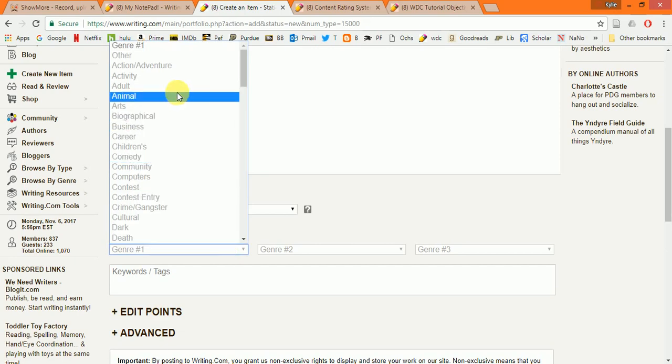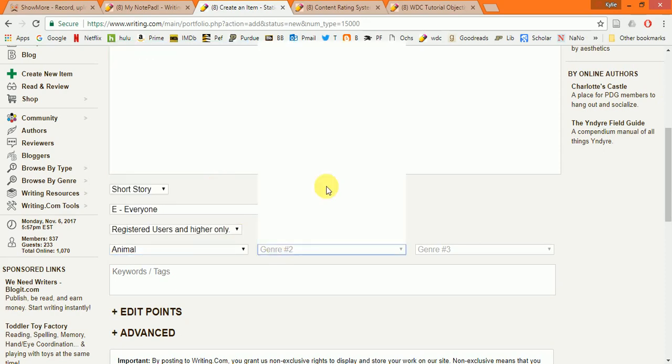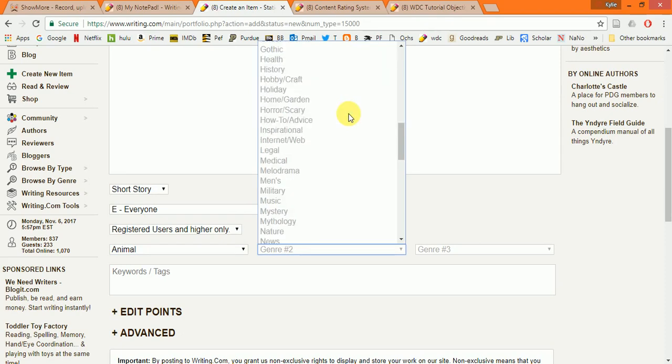Genres, these are very important as well. Be specific. If you use other, that's not going to be very helpful for people who are, again, searching for things to read. If I want to read a short story or a poem about animals and you have yours listed as other, then I'm not going to find it. So I really recommend going through and finding